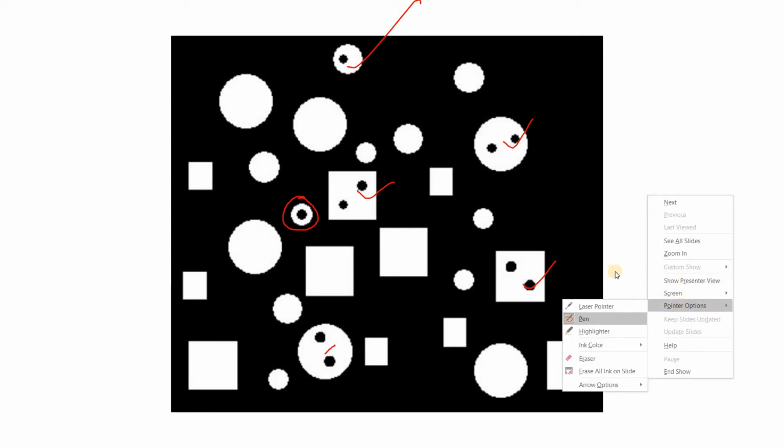Now pause my video and try to think about one algorithm which can be used to solve this particular problem. Implement that in MATLAB, check whether it is giving the correct output or not. If it is not giving the correct output, no need to worry, here I am explaining. So let us understand the algorithm step by step.